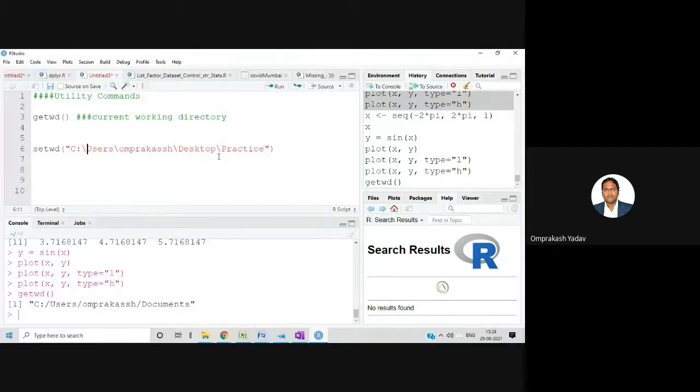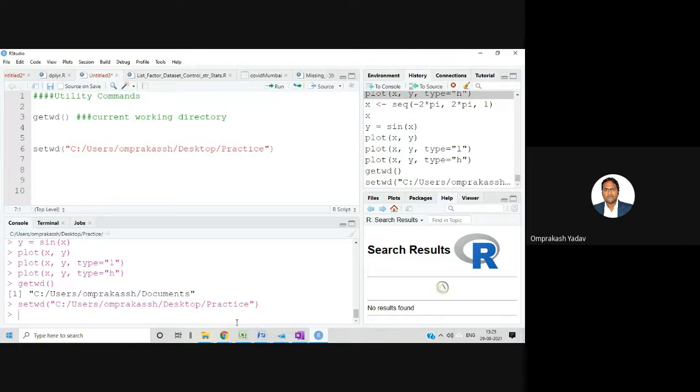And second thing, the direction of this slash you need to change. Initially it was towards the left, now you make it towards the right direction. Change this. After doing this, just press Control Enter. So we have set the working directory. Now if we fire getwd,